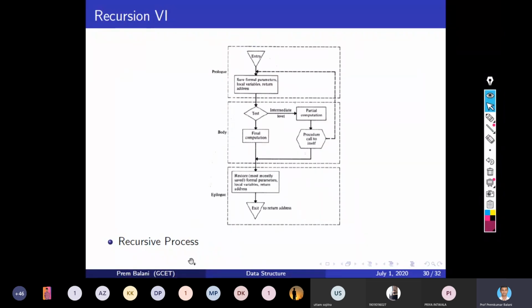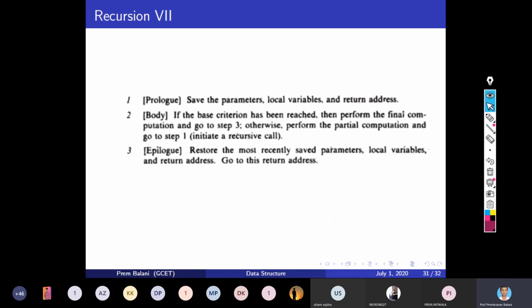Next is the recursive process, right? Recursive process in the descriptive way. What flowchart we have seen. In the prologue, we save the parameters, local variables, and return address. And in the body part, if the base criteria has been reached, we then perform the final computation and go to step 3.